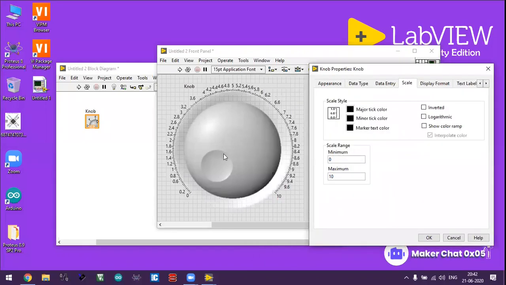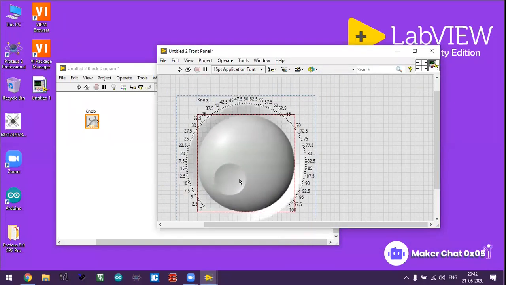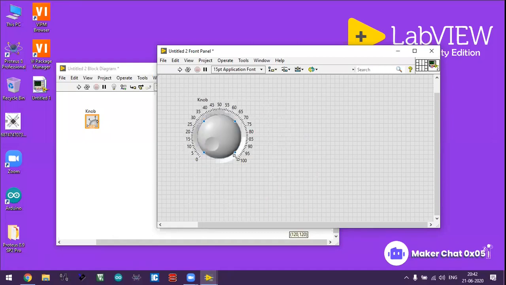You can scale this knob, so you can go for decimal values as well. So the scale range is there also. You can go for 0 to 100 and then give OK. So the scale is also there, so you can operate it from 0 to 10 values. I have to just scale it down to small, so it is clearly visible. So 0, 5, 10 up to 100. So this is one kind of potentiometer, you can say, a knob.